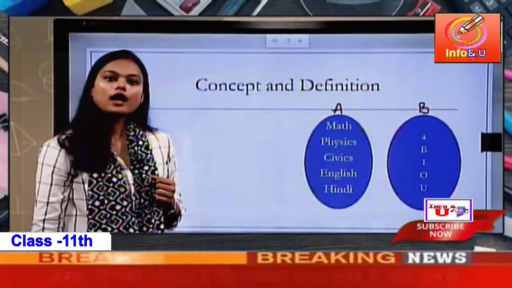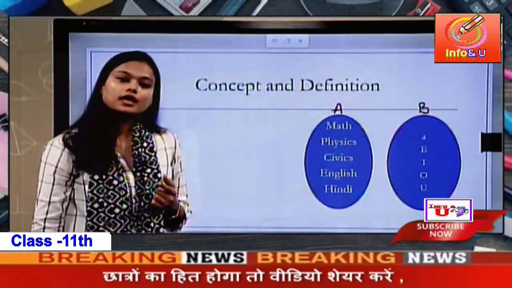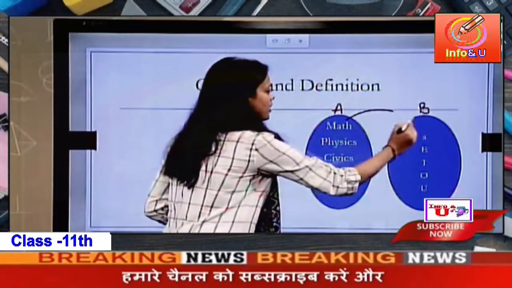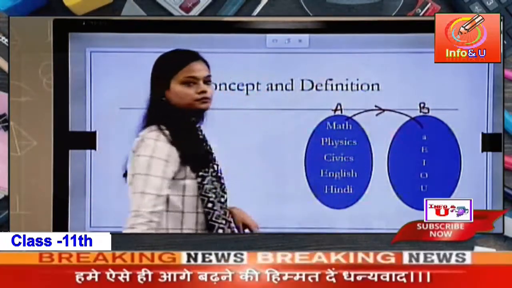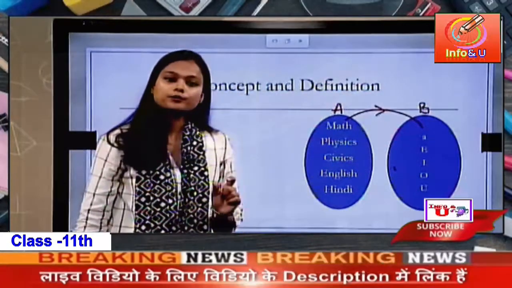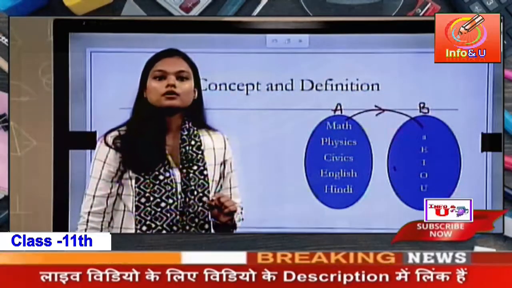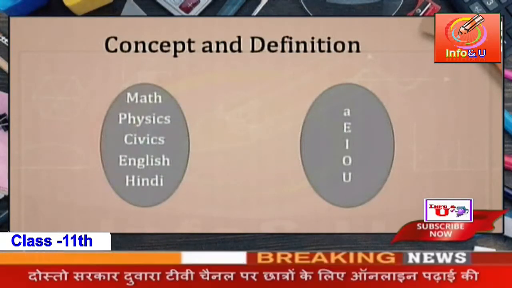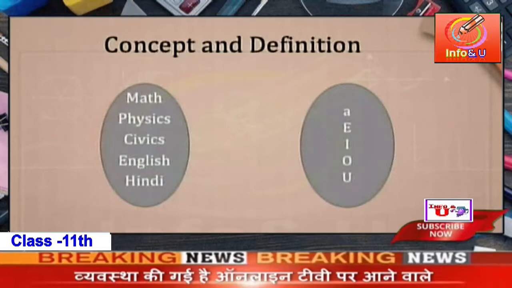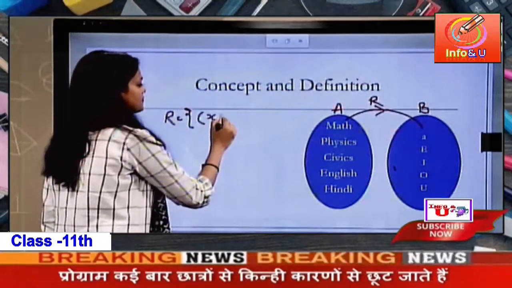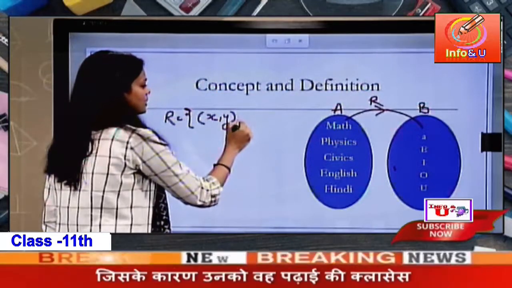If now I ask you to find the subset of the Cartesian product where these two sets are related with some rule, then what will it be? Say suppose I have to find all those ordered pairs x and y such that